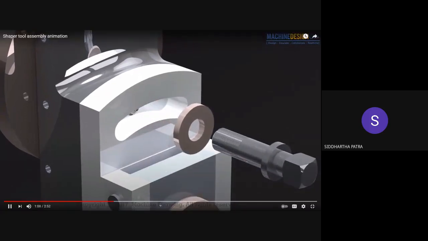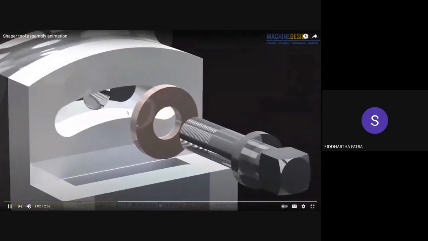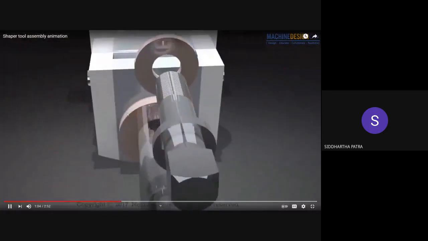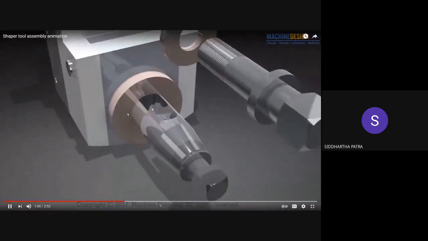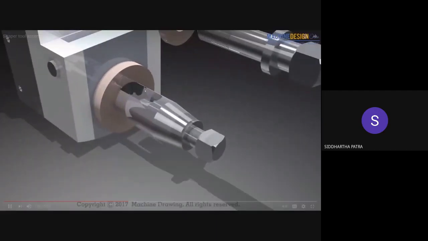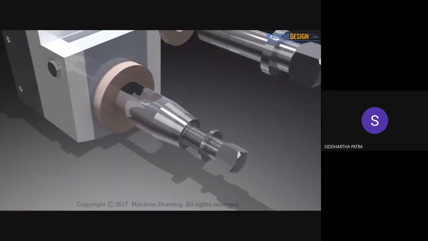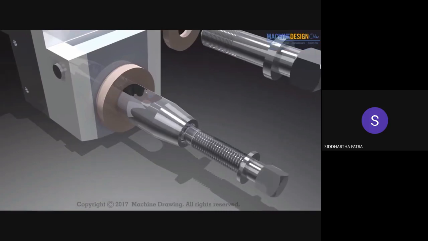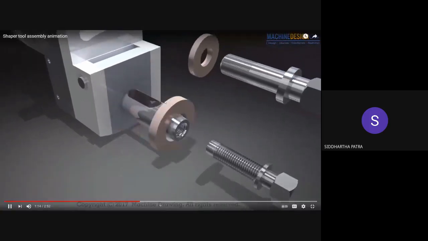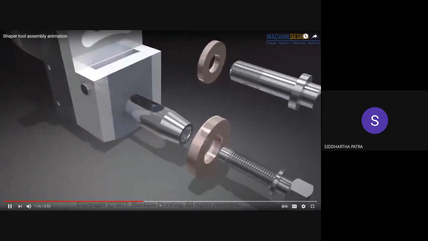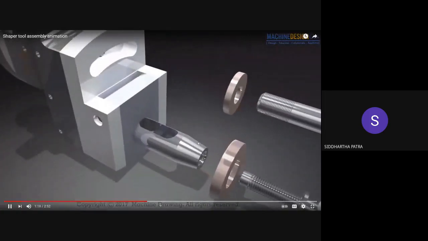Once you remove that, you can have a relative motion between the vertical slide and the swivel plate. And there you attach the job along with this washer, brown colored washer.